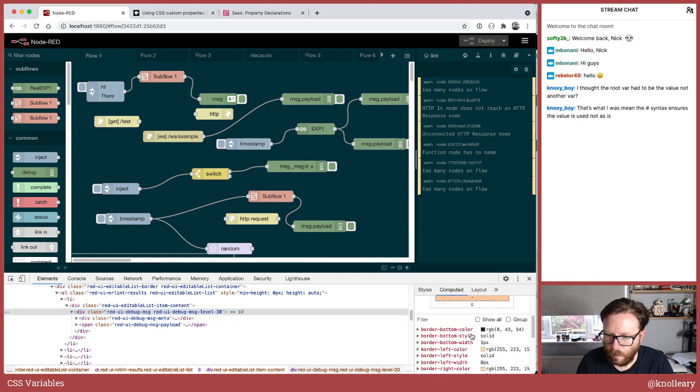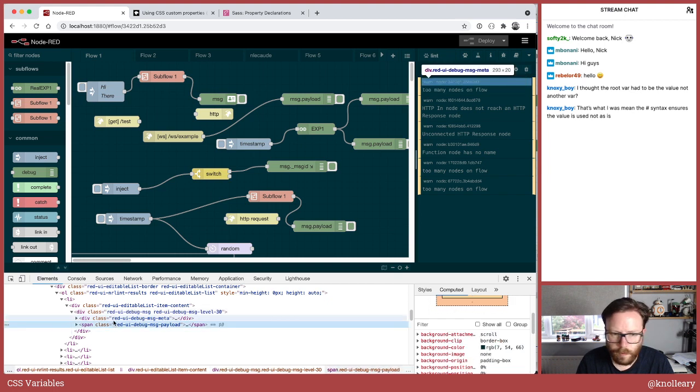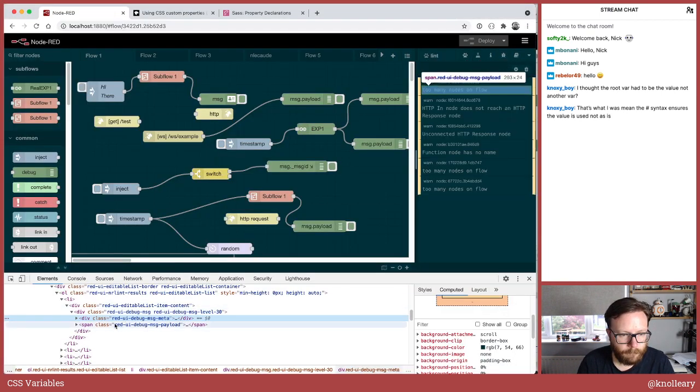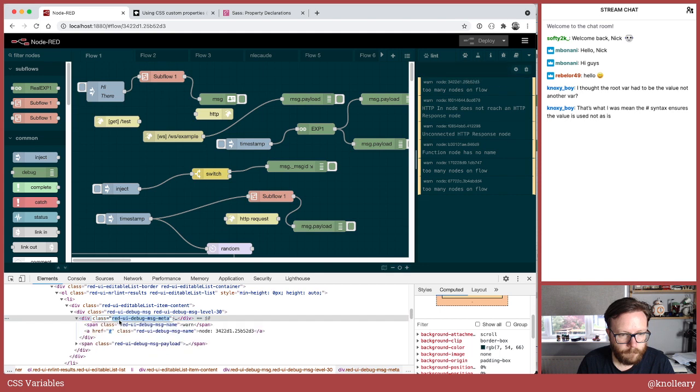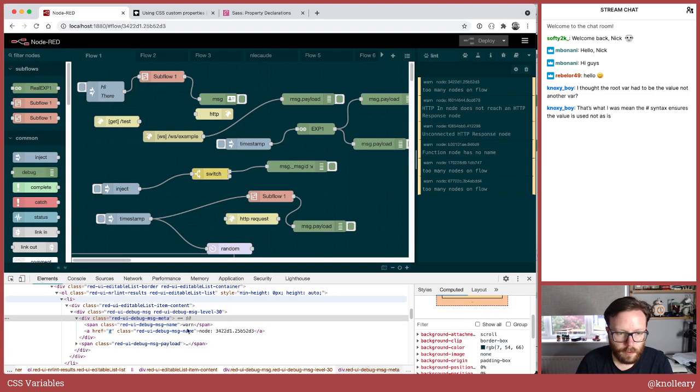Who's giving me my background color? No one's giving that a background color. These guys get a background color. That's the problem. So message meta and message payload. So yeah, this is reusing styles from the debug sidebar, which I'm not convinced we want to do, but yeah, again, for the sake of showing something working here, let's